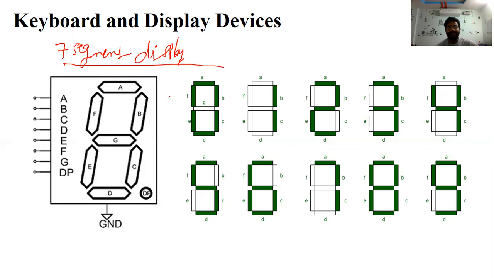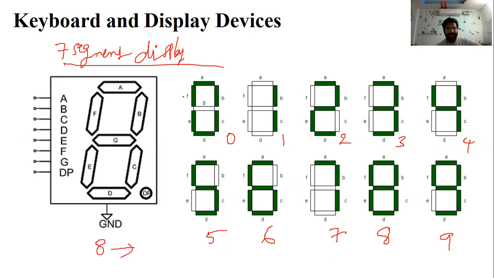According to the program, each segment can be turned on and off. Suppose you want the number 0: which segments are glowing?